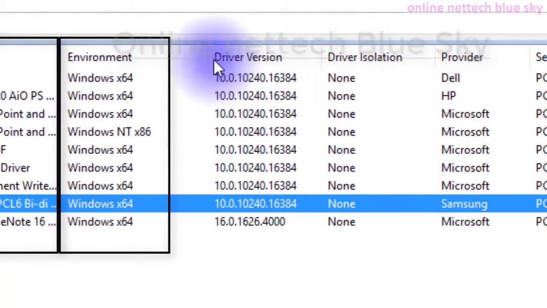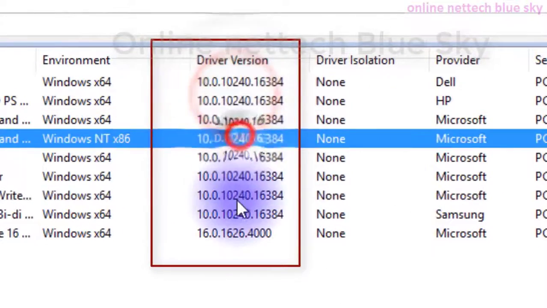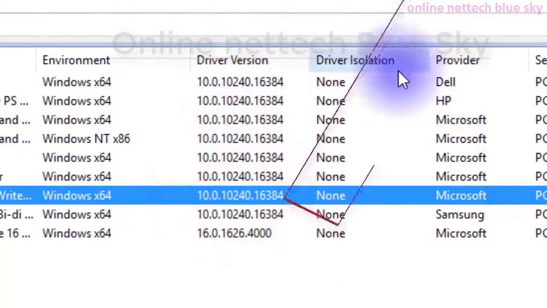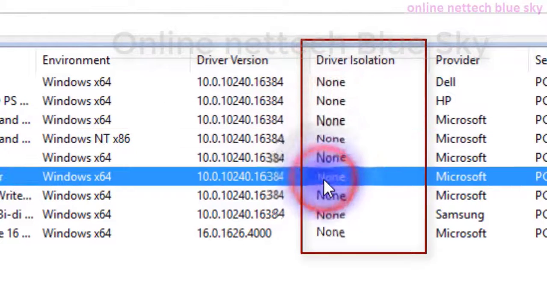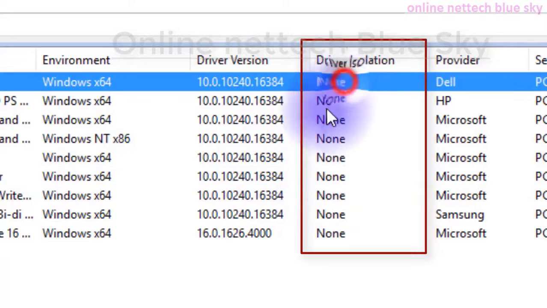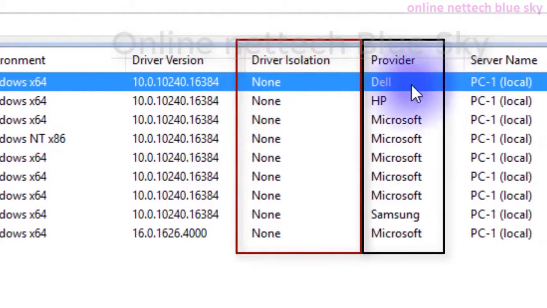You can see my Windows PC did not install it directly and automatically. So I want to download the driver first from the internet. You can see here after installation the driver isolation is none, and the provider is Dell, SP, and third, Microsoft.